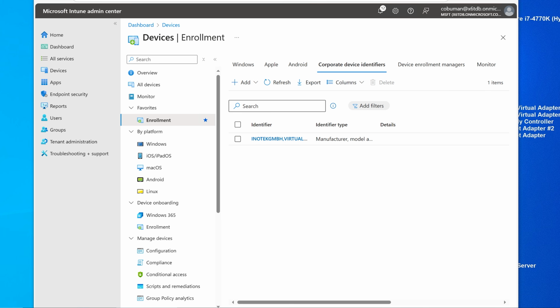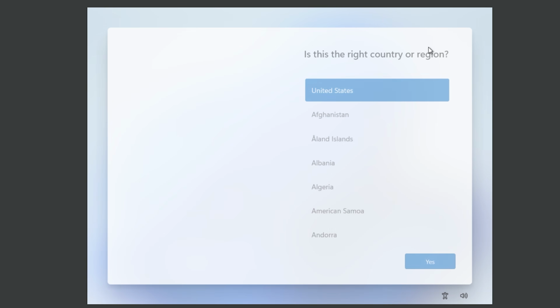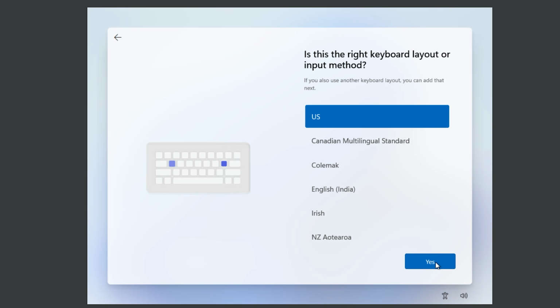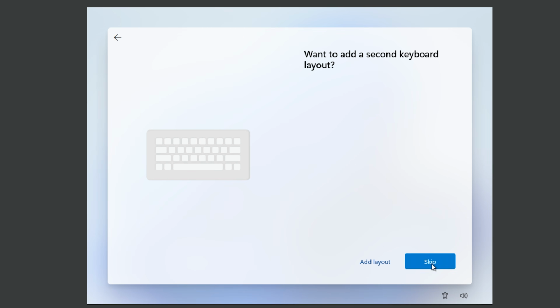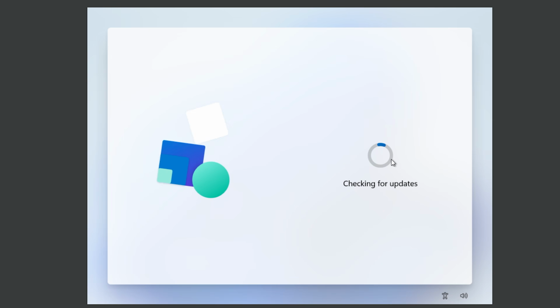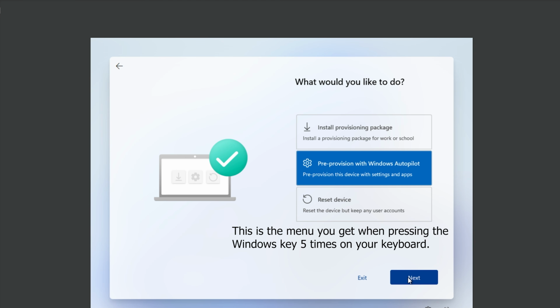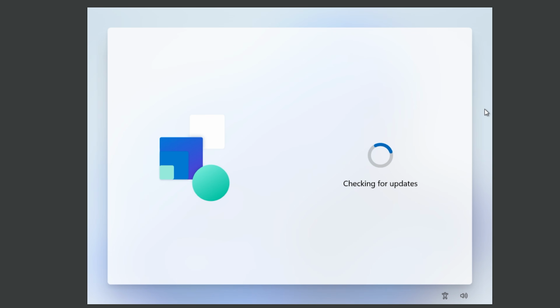And then after that, we should be able to go through the provisioning where it should automatically be able to detect that it's being provisioned. And yeah, there you go. So because we are doing user-driven deployment here, we're not going to do any pre-provisioning. But if you wanted to do that, at this point you would just press the Windows key 5 times in order to get the pre-provisioning window. But because we are user-driven, user driving this experience, we will just go ahead and go through this process here